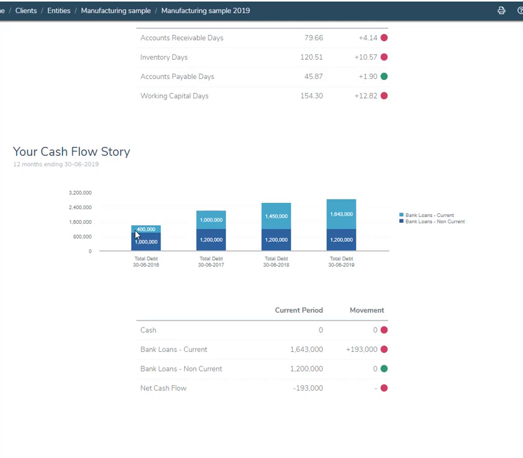So our current liabilities are highlighted on the top, and our non-current liabilities, or our non-current bank loans I should say, are along the bottom. So as you can see, what we were talking about here was having to fund for a period of time, buying stock and waiting for clients to pay. That is why this